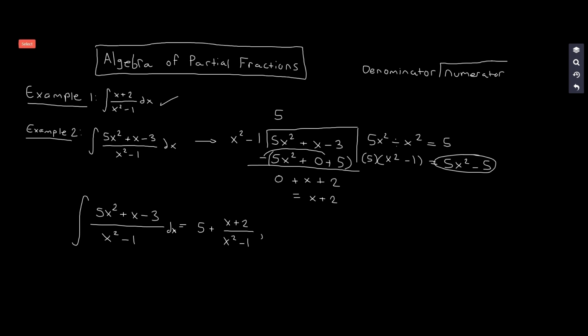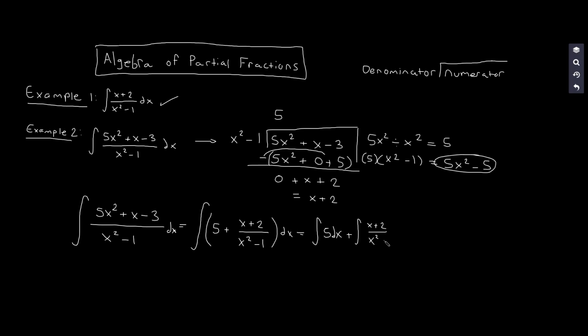Okay. And then for this guy, I'm not even gonna put a comma. For this one, let's make it parenthetical. dx. I think it goes like that, I'm pretty sure. And then now, because of the linearity rule, we can break up the integral into two pieces. The integral of 5 with respect to x plus the integral of x plus 2